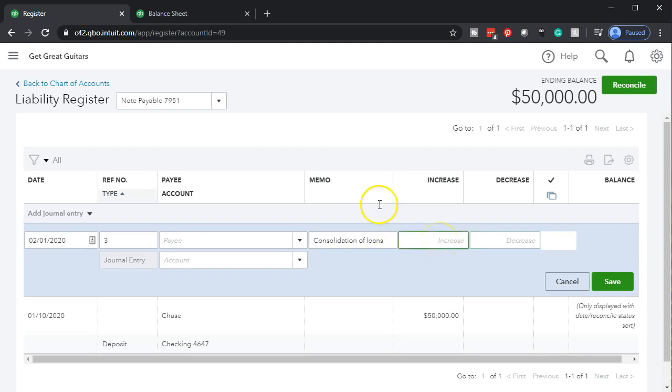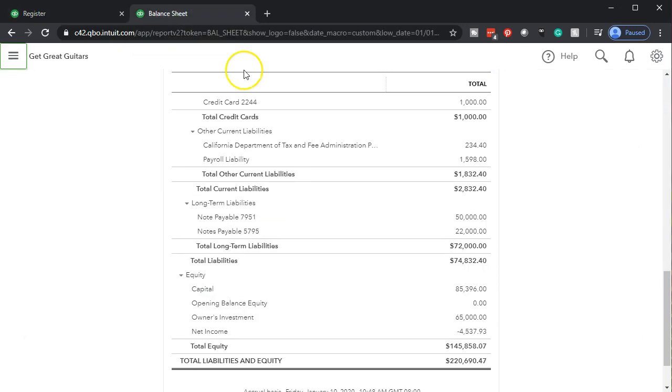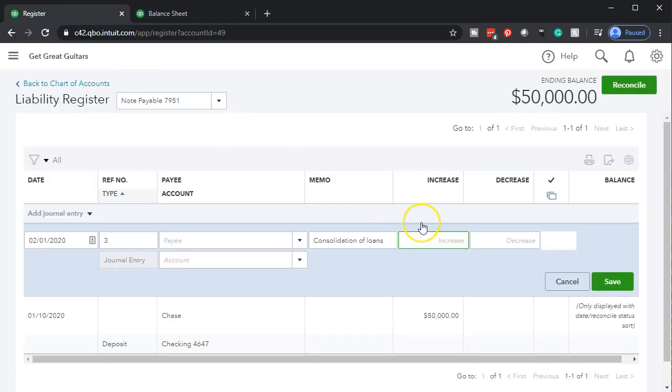Actually, I'm going to increase this one by the amount of, going back to the balance sheet because I can't remember the other one, 22,000. So we're going to increase this loan by the 22,000 and decrease this loan to 0. So that makes sense. I'm going to go back over. I've convinced myself of that. We're going to increase it by 22,000 then. And then the other side is going to go to the other loan account, which should take it down to